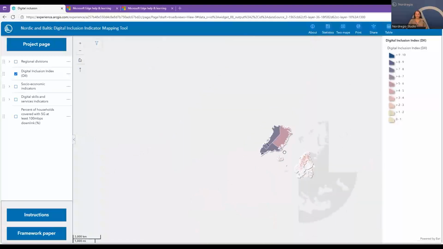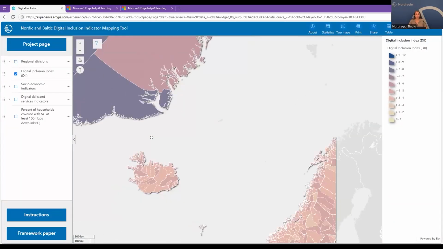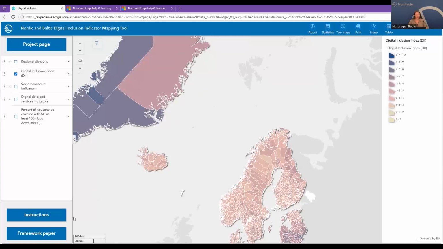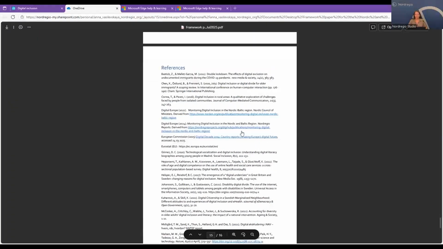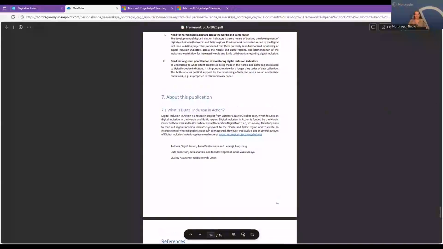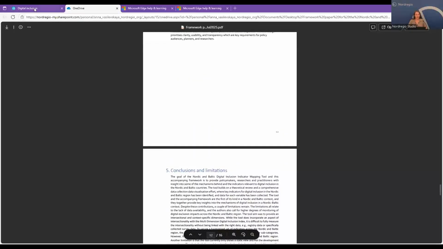There is Iceland and Greenland. There is a special button here, instructions and framework paper. By clicking on this, you can access the methodological paper, where you can read more carefully about how and why we chose the indicators and the index that we are applying here.